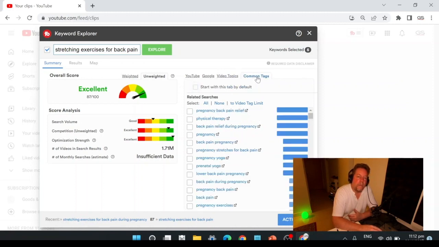But there are common related tags that aren't connected to the exact phrase, but they're in the same category. It's more general suggestions. Now these are really good, and it tells you the strength, how common these are. The ones with the long lines are the most commonly searched for, but also probably the highest competition. But that's okay because we've already got our main phrase that we're probably going to use, which scores 87 out of 100. So now we just need some other related keywords that will show the algorithm exactly what the video content is about.